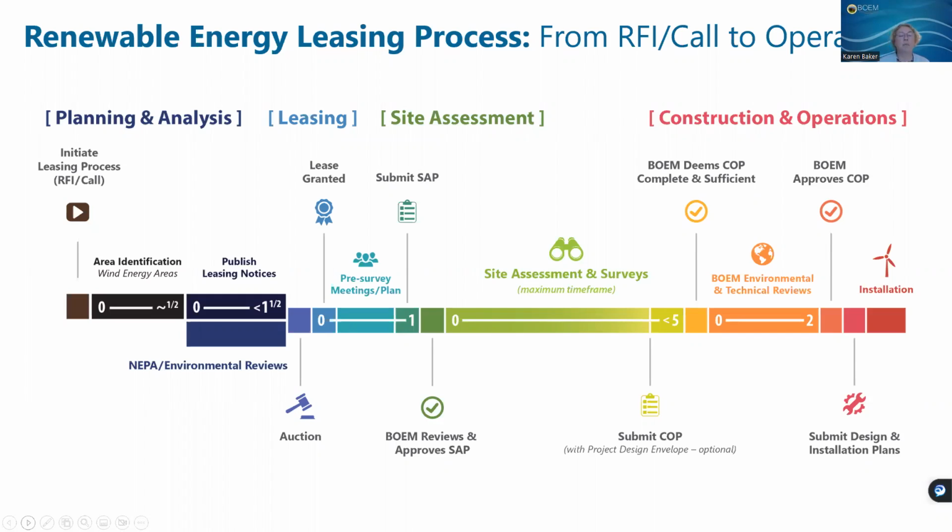So let me just very briefly say, in planning and analysis, this is really when we're starting to look at where we might see an opportunity for a region of opportunity on the outer continental shelf for development. We're using sound science. We are engaging with our partners at NOAA and others, and we are engaging with fishing communities and all areas of the public. There are public notices that we then take input from in order to scope those areas that we might want to avoid because of fishing interests or some other concerns from other communities. And so that's taken into account.